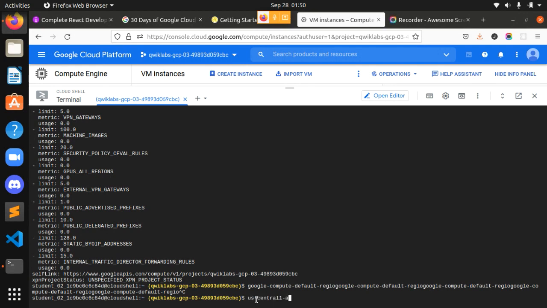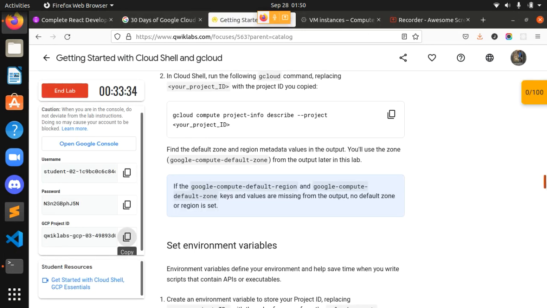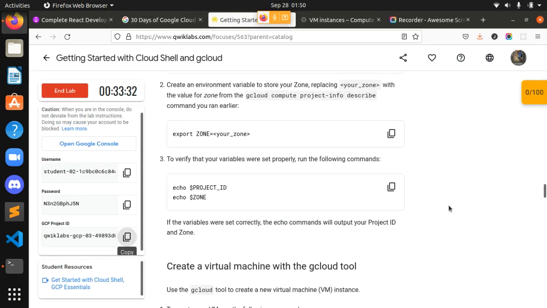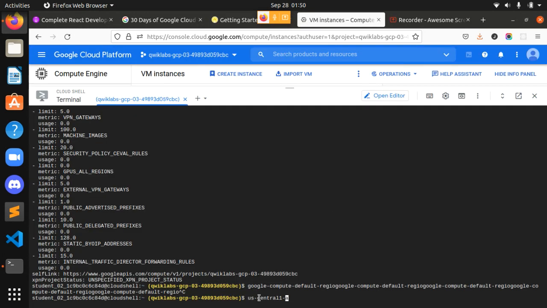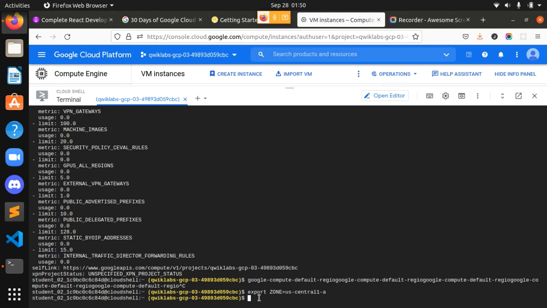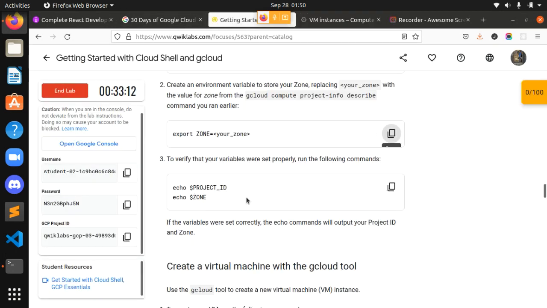Simply paste it here, and now copy this command. Replace the zone placeholder with this, simple. Guys, it's done.